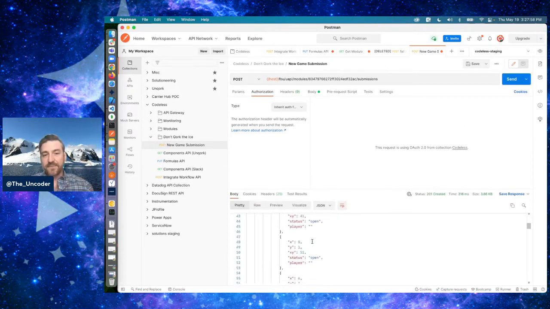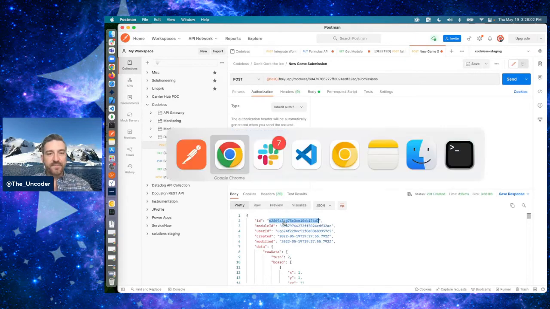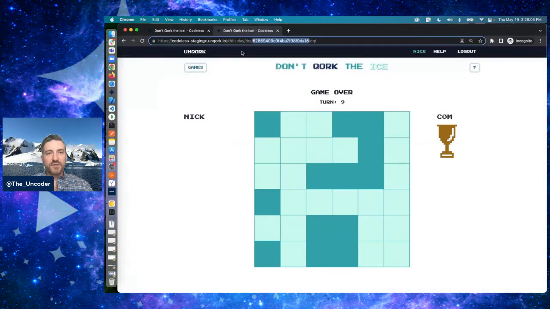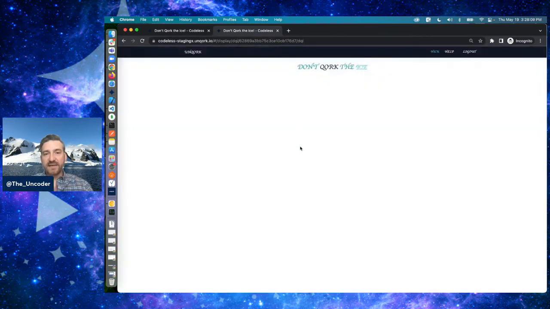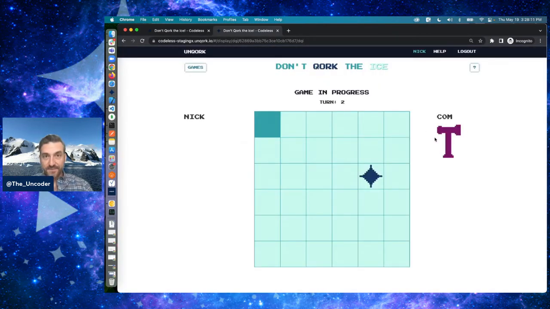So now that I'm logged in again, I'm going to submit it, and it gives me back data because it created a new submission. It gave me that new submission ID. Now I can hop over to my game, pop in that submission ID, and I can see it's the computer's turn. Now, the computer isn't taking its turn because I did not build the game to pick up if at any point it was the computer's turn and the game didn't keep going. So in this case, it's showing me that it is turn 2 with the computer,